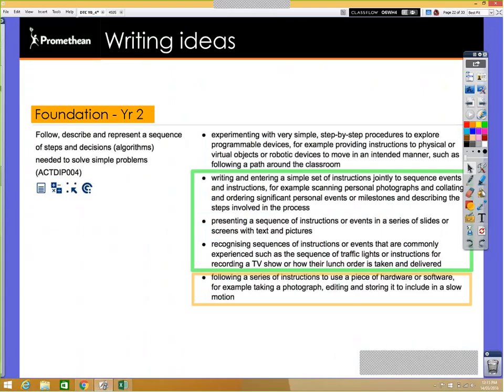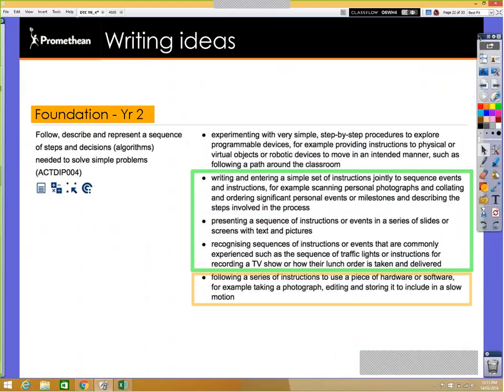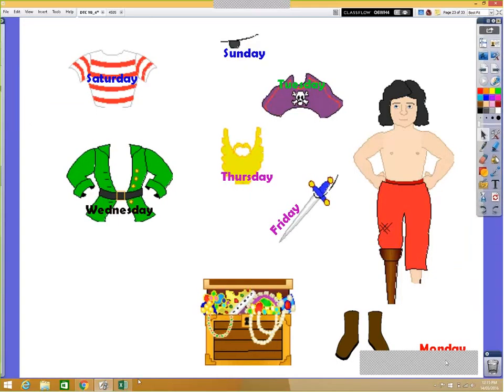All right, so the green highlighter on the right are things I'll mainly cover off in the following examples, but the orange is also something happening as an incidental. Okay, so I've got a few examples here. The first one is more of a pre-writing